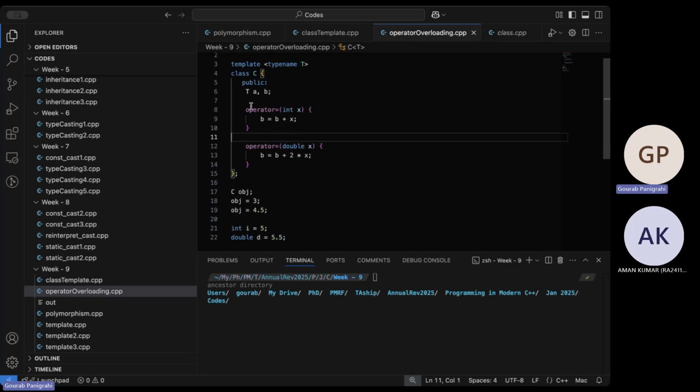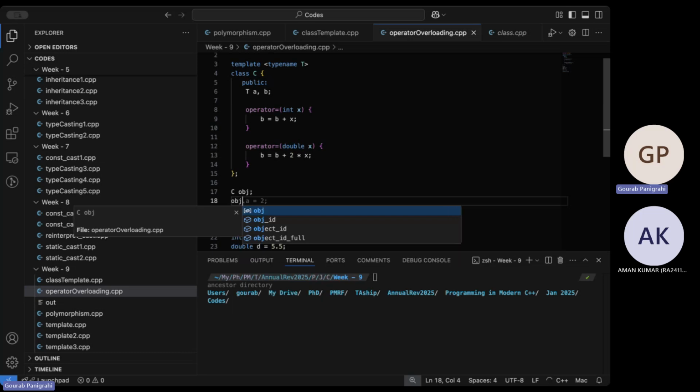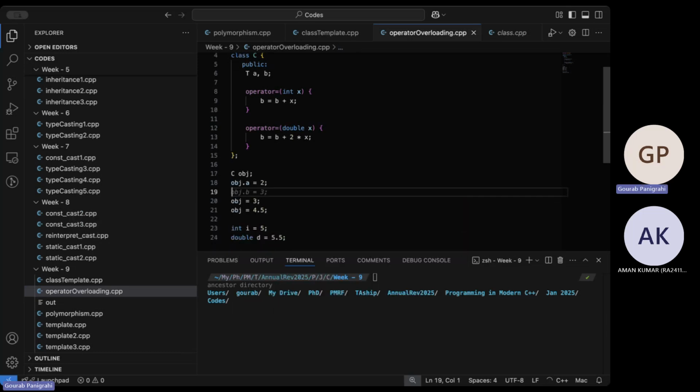Imagine that this object has been created and a and b were set. Say it's 3 and 2.